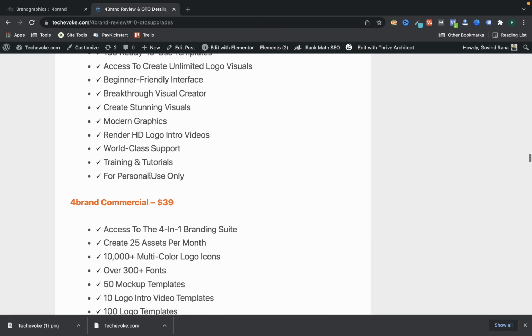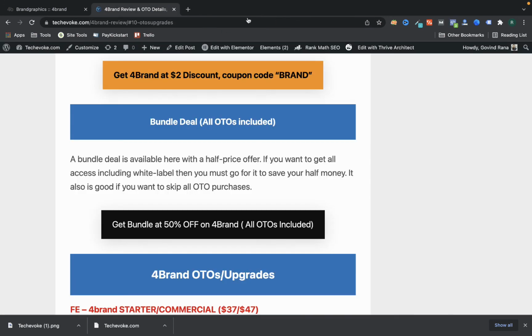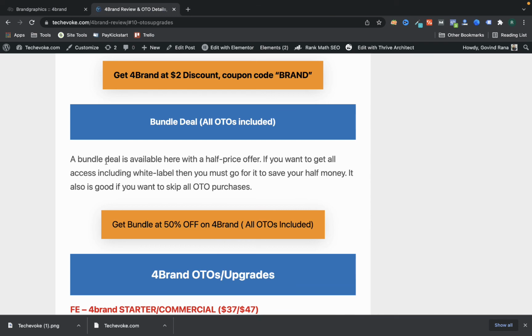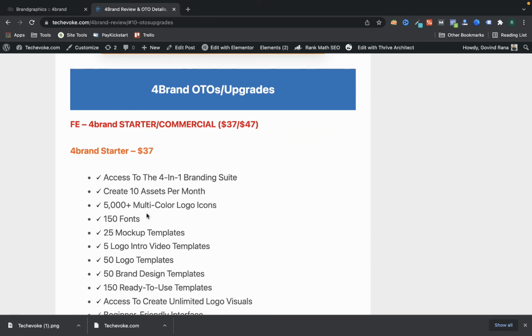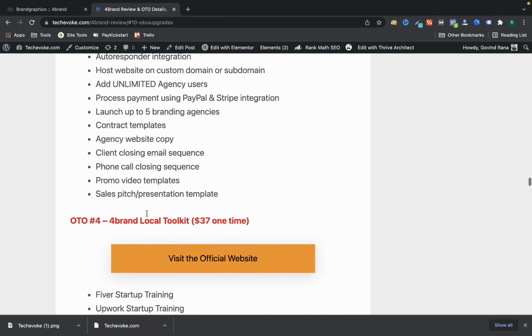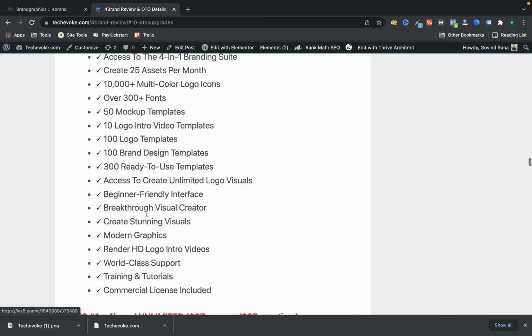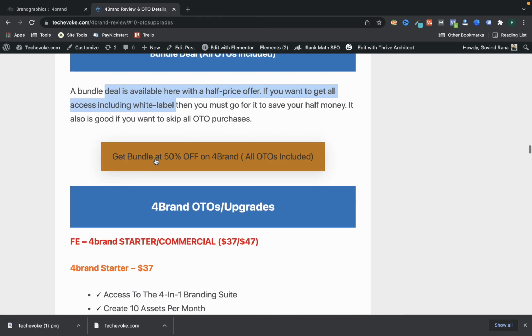And now what you can do, you can get all these things on an OTO off option. This will be available at 50% off, meaning you can get all the OTOs for a one-time fee, and it is going to be 50 to 60%, I think 60% less for the pricing.